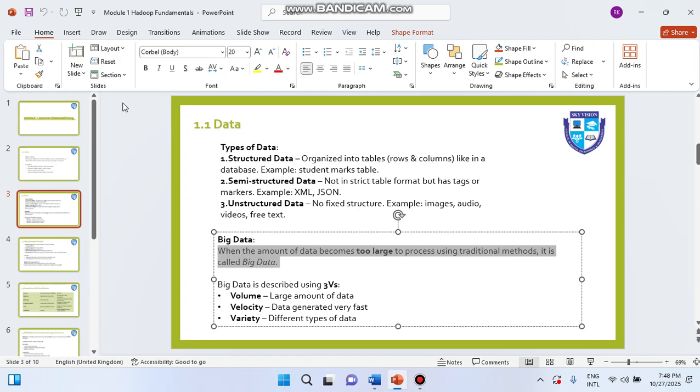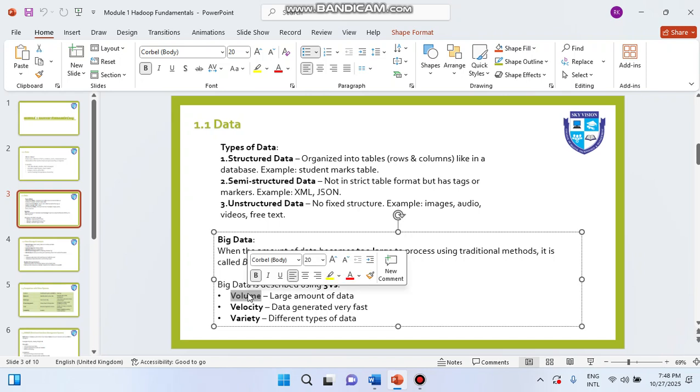If you want to understand it in a physical way, big data is described using the 3Vs. What is the 3V? First is volume.